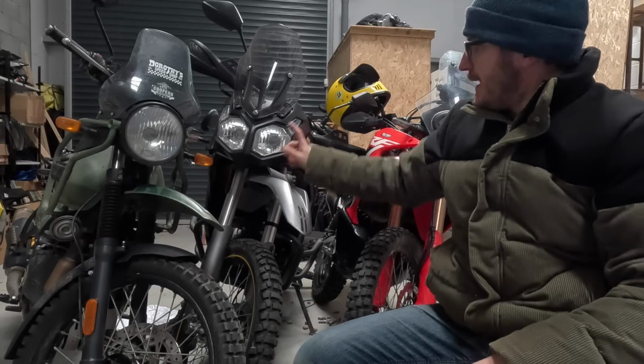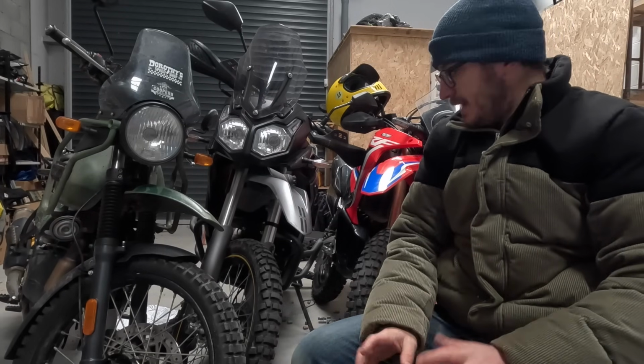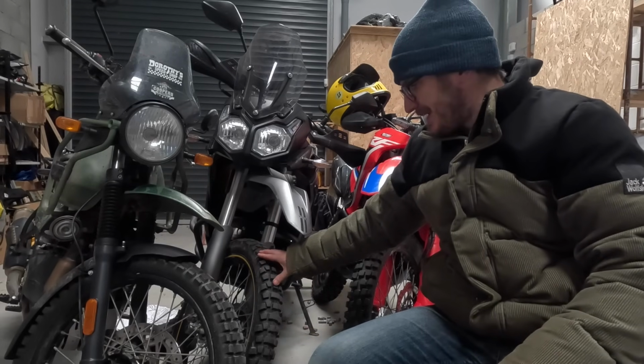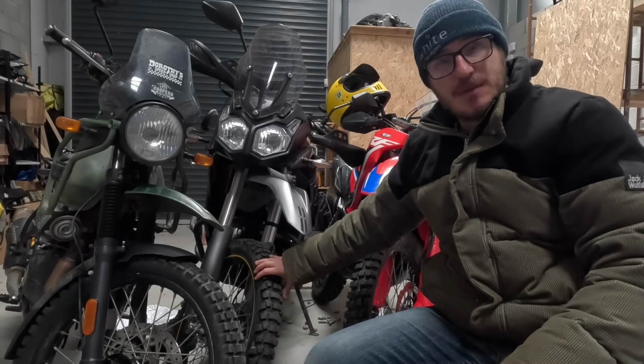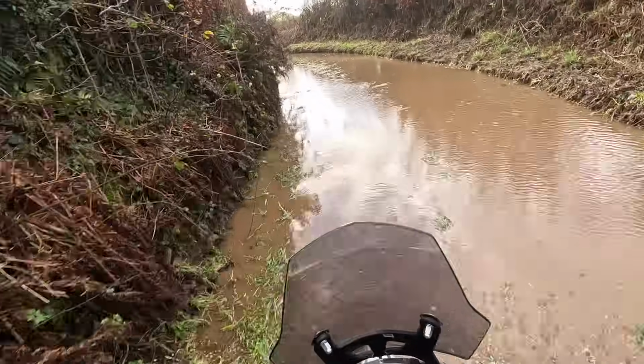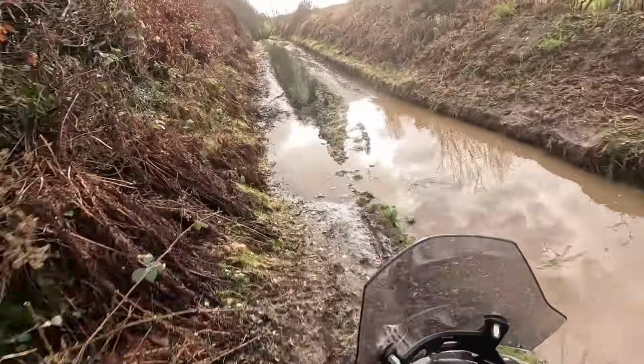First day of the week, I went out on the Voge 300 just to do some trail miles, really, just to finish breaking it in, just to keep doing some miles on this tyre, this AX41 and Battle Axe Bridgestone, which I've been really impressed with actually. It's given me a lot of front end confidence, and all in all, still really enjoying the bike. I think every time I get on it, I think I'm going to find fault with it this time, which